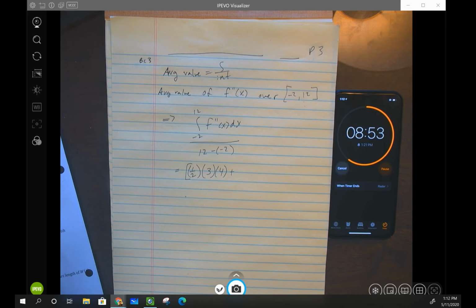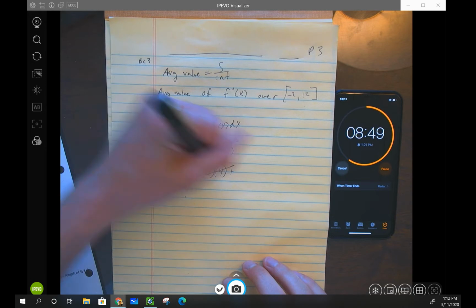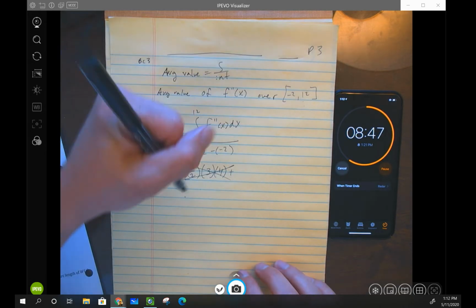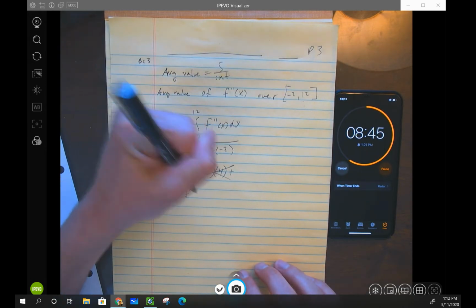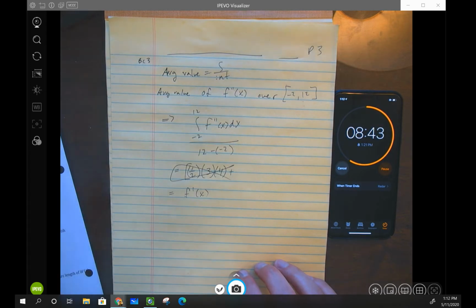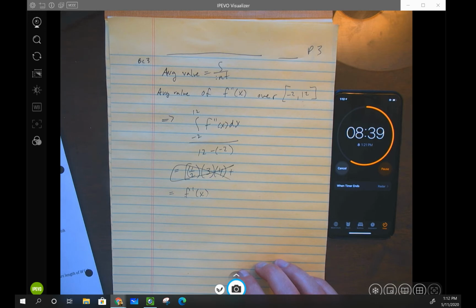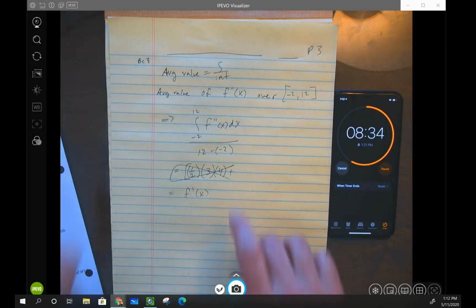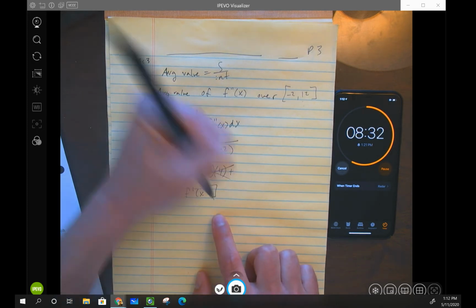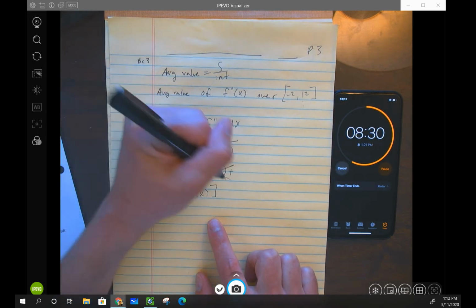Wait a second. No, I'm doing it wrong. Okay, so this is going to equal f prime of x. See, it's not the area under the f double prime graph. So it's the area under the f double prime graph, and I don't have that. You know what I mean? So I'm going to actually evaluate this. This is going to be the antiderivative of f double prime, which is f prime, evaluated from